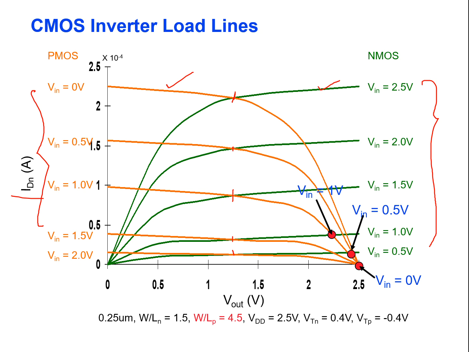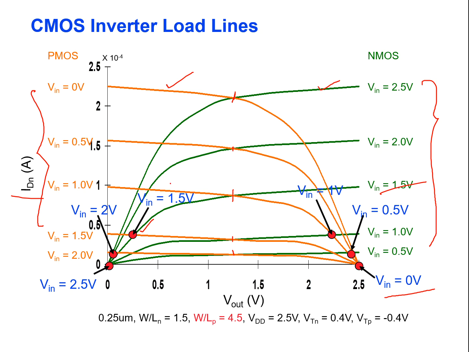See here, before plotting the voltage transfer characteristic curve, in P MOSFET, this is your Vin voltage that is equal to 0 volt, and Vin that is equal to 0.5 volt for both the cases. And for this, if you consider your Vin is equal to 1 volt. And then for this case it is equal to 1.5 volt. That is what it is given here. Vin is equal to 1.5 volt. And for the next case, Vin is equal to 2 volt and Vin equal to 2.5 volt.